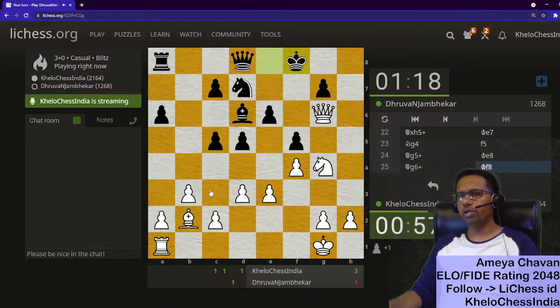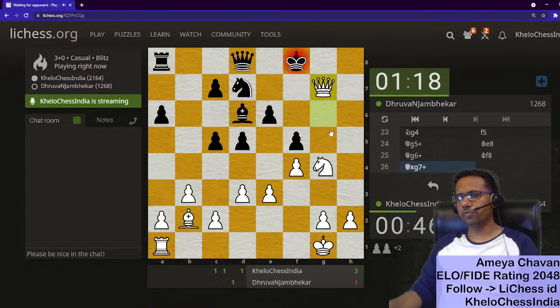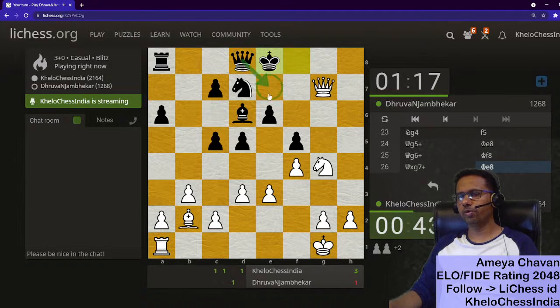Okay, can we go for a check and mate now? If bishop f7 check, bishop g7 check, king moves. But we don't have bishop f6 check thereafter. So let's give this check first. King moves. And next move could be queen e7, right? So let's go...